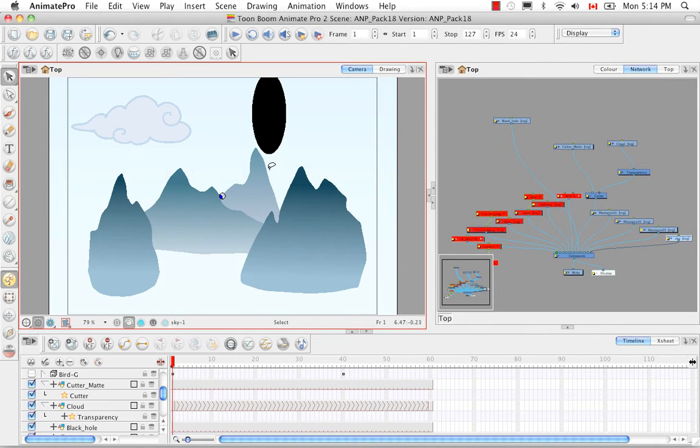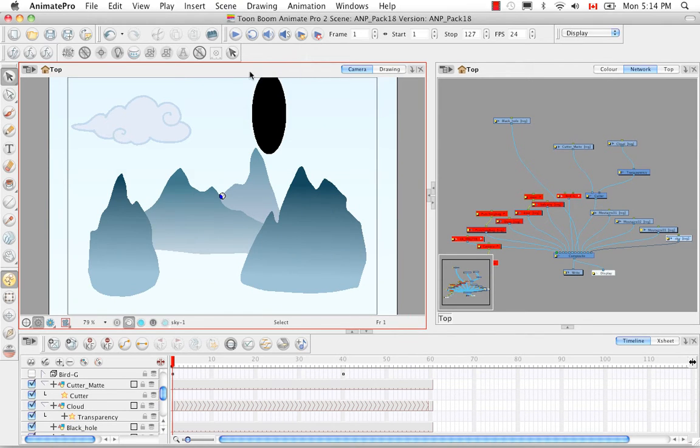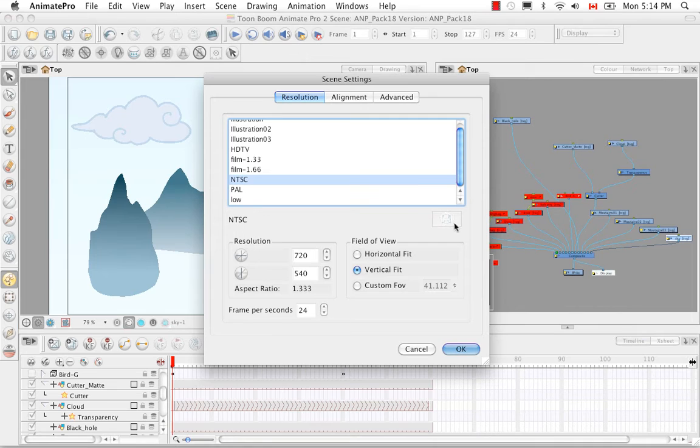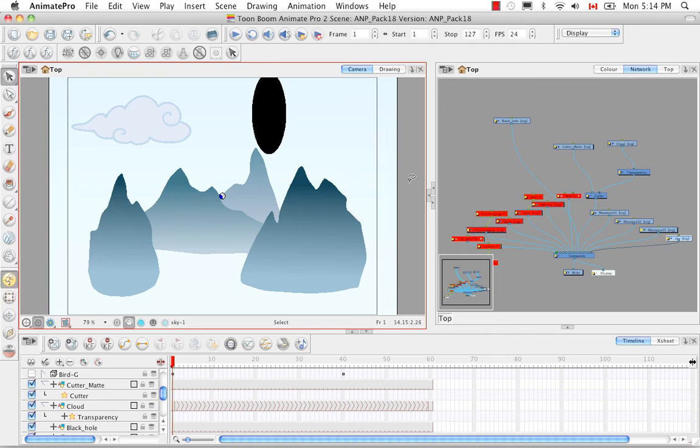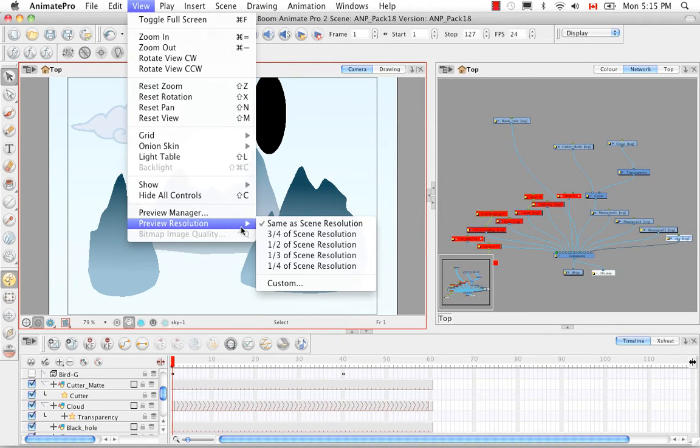Some of you might think, well, if I just change my scene settings temporarily and then change them back to my final render, that'll be one way. So in that way, I can preview something quite small, but then render something quite big. That is one way, but it's kind of annoying. However, there's actually a much better way of rendering a preview, and that's by going to View, Preview Resolution, and